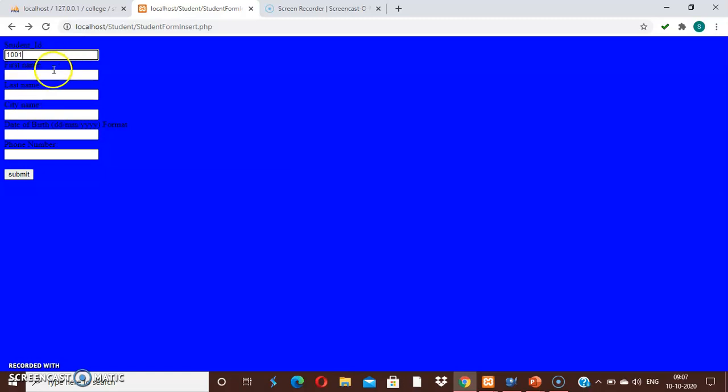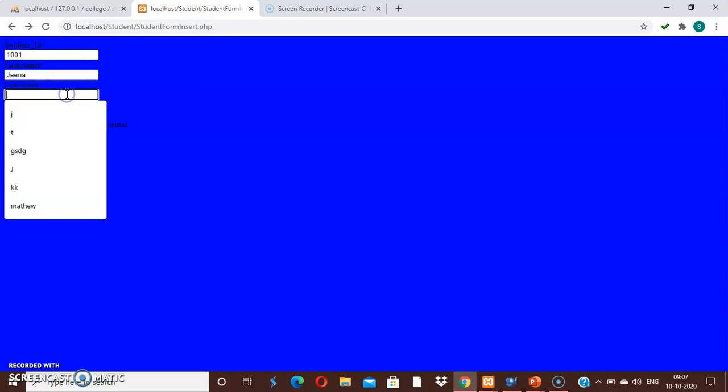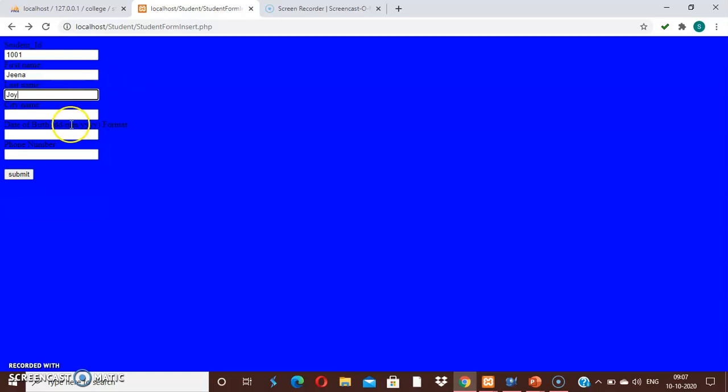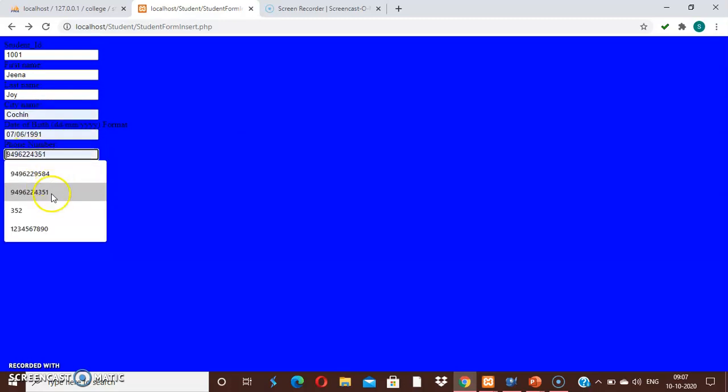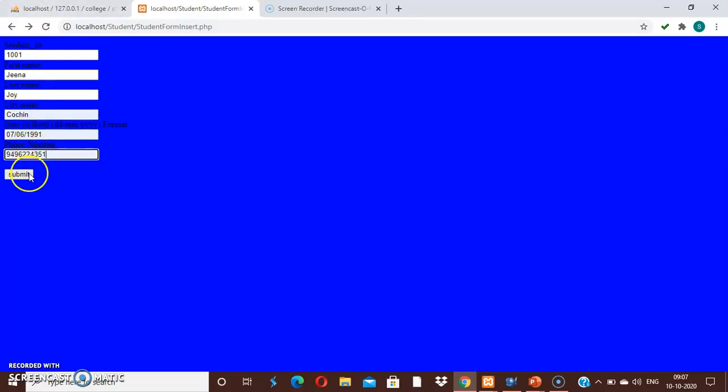I am again using the same student ID, and I am setting the name and all the values, and phone number, and I am clicking on this submit button. Then it will show the message record already exists, because student ID 1001 is already available in the student table.